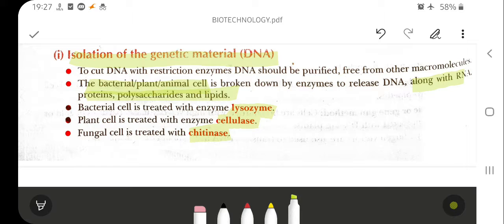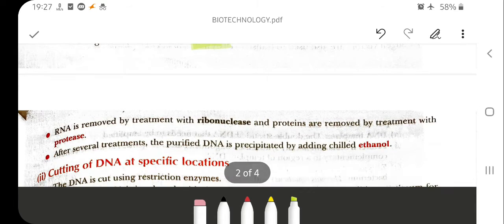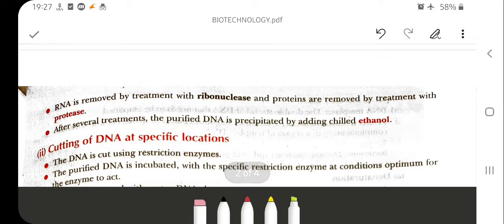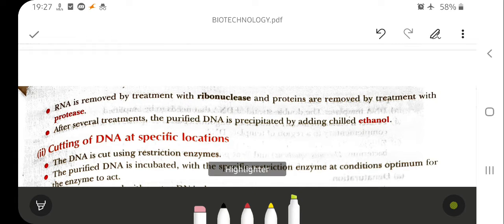But if we are taking the animal cell, we do not need a specific enzyme because the animal cell does not have a cell wall. RNA is removed by treatment with ribonuclease and proteins are removed by treatment with